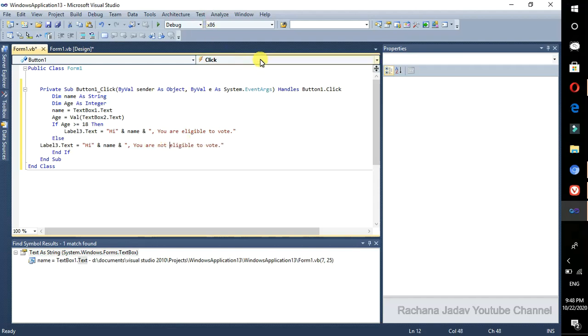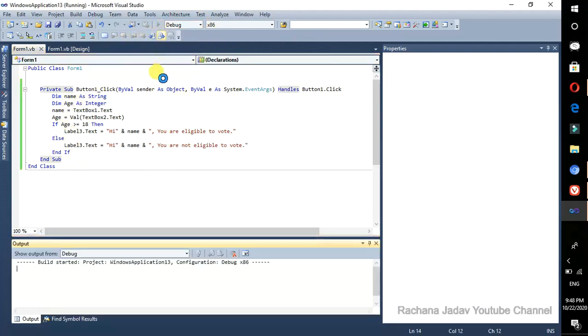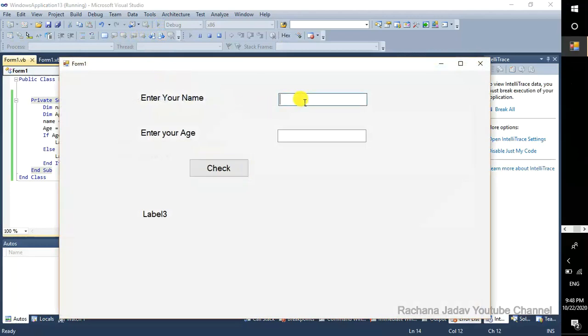Okay, written. Now we will see the output. So we will run the condition. Now we have to run the program. I will write here the name, like I am writing Rachna. Okay, age, and then click on check.